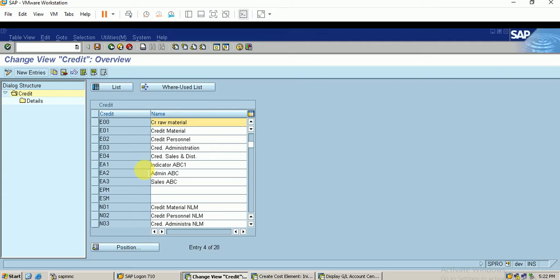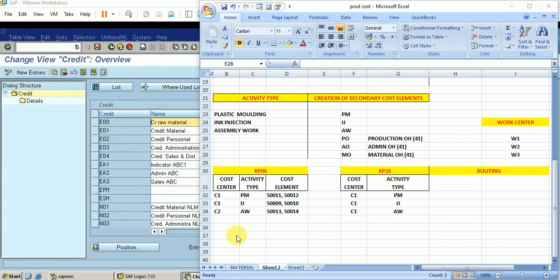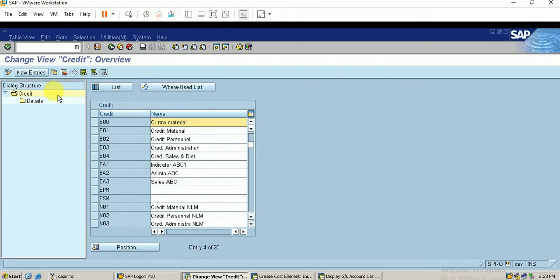So this credit key is used to credit the cost center and debit the product or production order. So we can maintain three credit keys so that we can make use of it during our costing sheet preparation. So the first key I'm going to create here is,